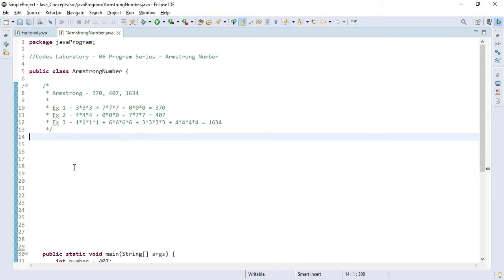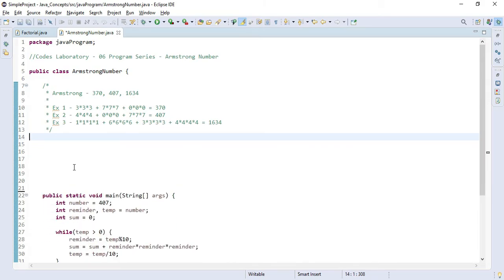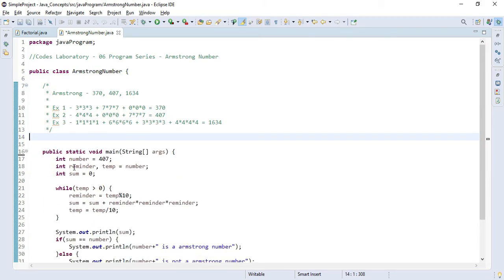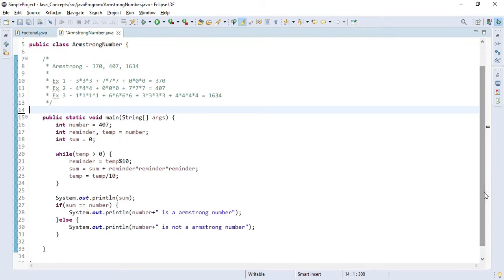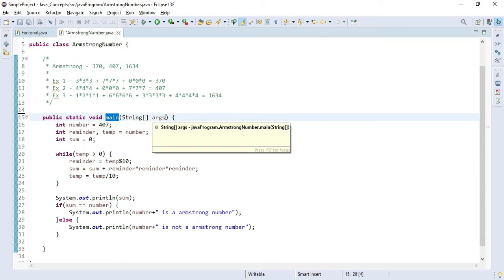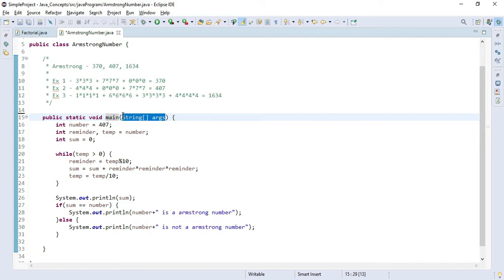I have already written that so that we will focus more on the logic rather than writing the code. Okay, so first here I have created the main method, and in that method I have passed the array of strings arguments. After that, as you know, we are dealing with a number, so we have created one variable of integer type, and let's put 370.